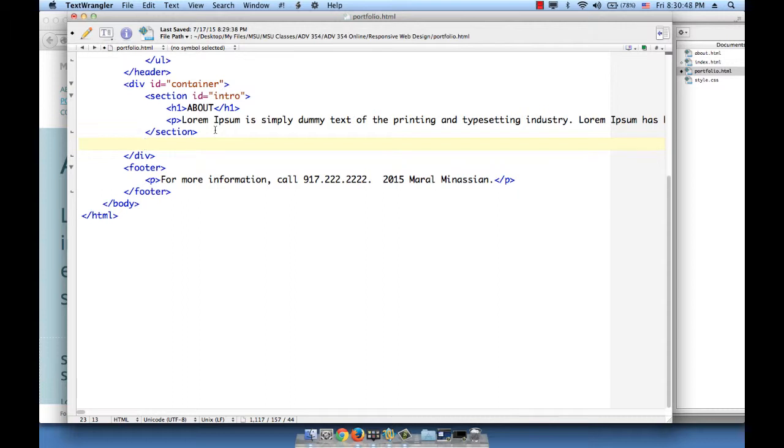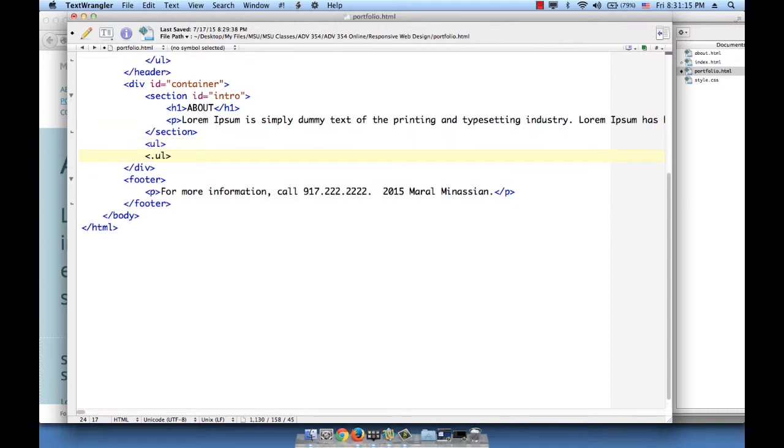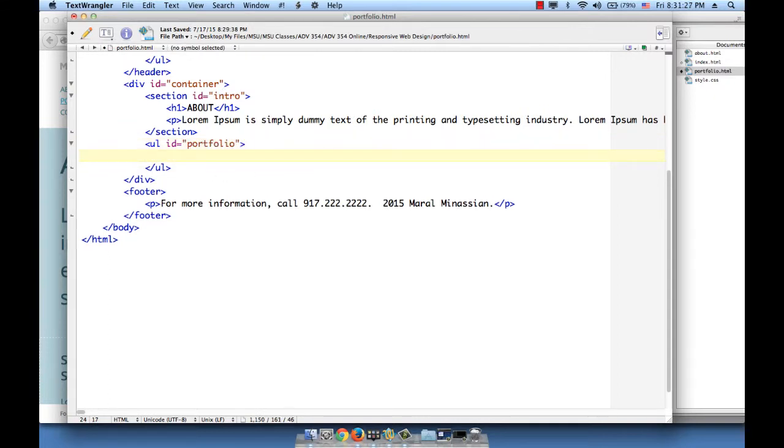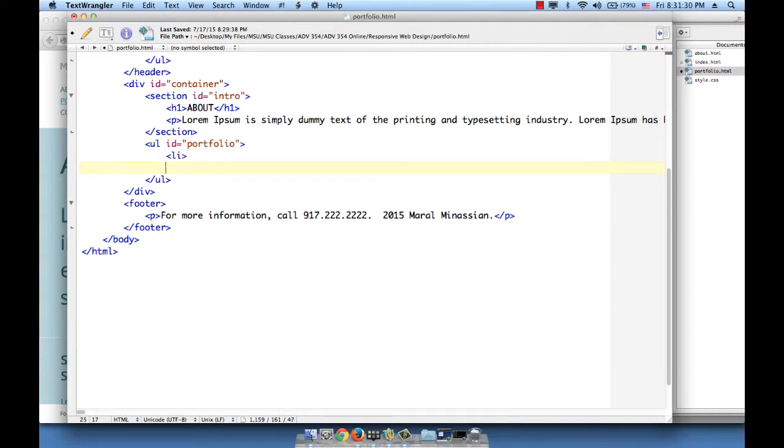And if a user wants to learn more, they click on that image and it loads the entire project on a separate HTML page. So since these thumbnails are a list of items, I decided to use the UL element nesting the LIs and create the grid that way. So let's open the UL element and close it. Let's give the UL an ID portfolio. The UL is going to nest an LI,